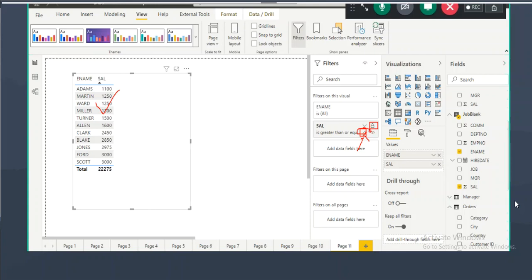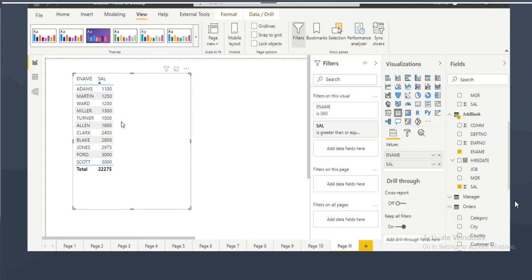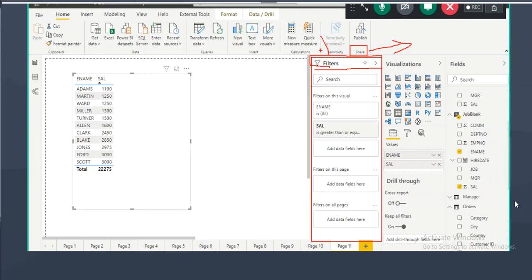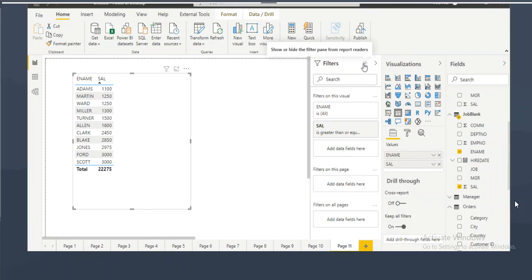And there is lock filter, hide filter, and there is hide filter pane. When you apply any filters in the report, when you save the report, when you publish the report, when you share the report, the client will see this filter pane. By default, the client will see this filter pane. But whatever filters you applied here, your client doesn't want to see them, so you want to hide this filter pane completely. To hide this filter pane from your client, you need to use which option? An eye kind of button is there, right? You can hide it. Now, when I save the report, publish the report, and share the report with my client, will they see this filter pane? No.